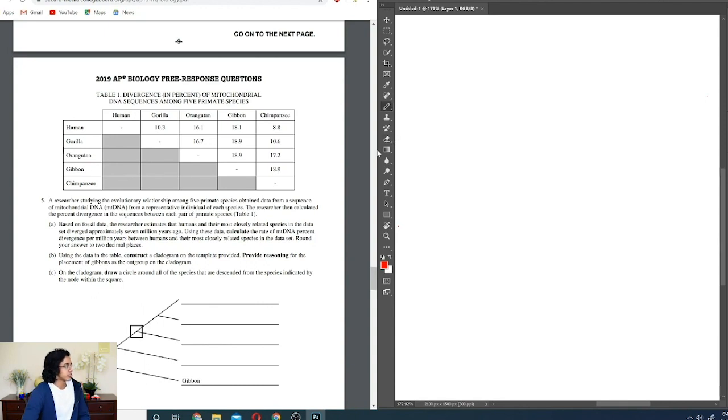Anyways, a researcher studying the evolutionary relationship among 5 primate species obtained data from a sequence of DNA. And then, based on fossil data, the researcher estimates that humans are the most closely